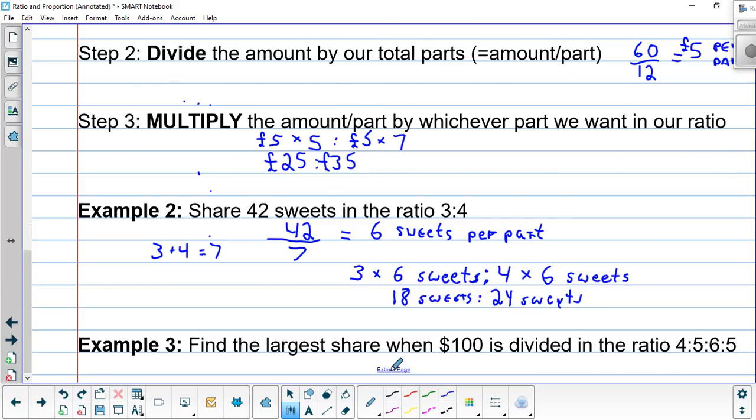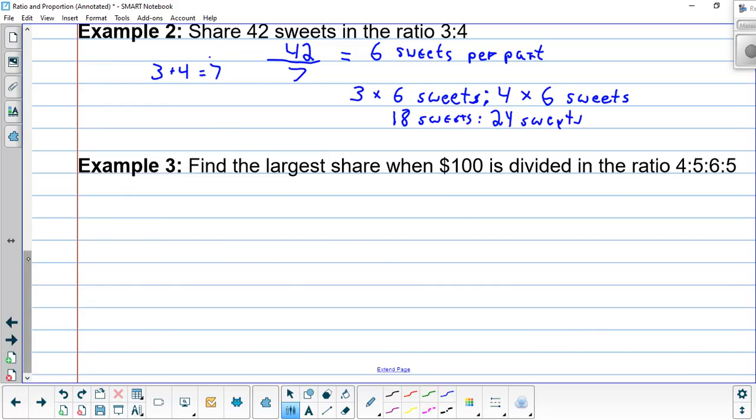So we can add those together. If we add them together, 18 plus 4 is 22. 22 and 20 is 42. Okay, so